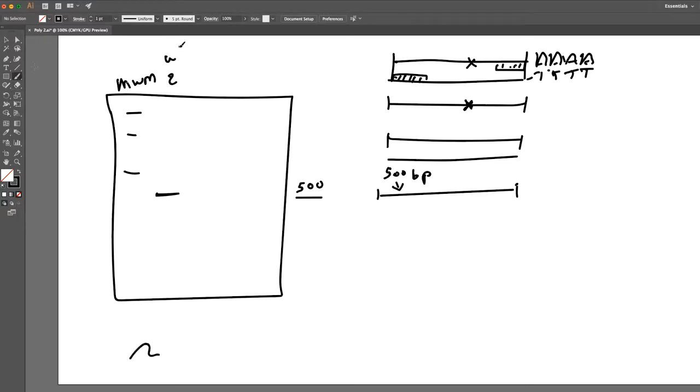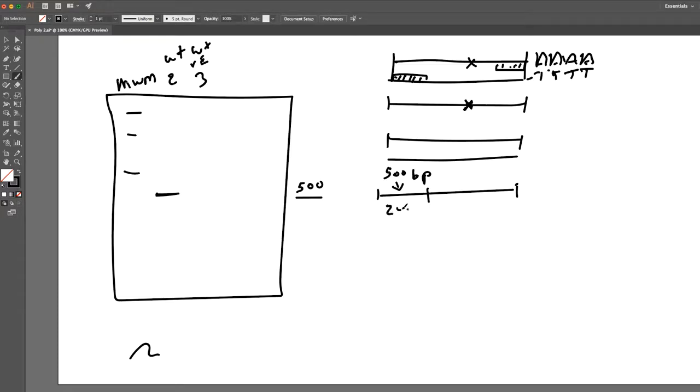This is wild type. Okay. Then in lane 3, they have wild type, but they add the restriction enzyme to digest the DNA. And it turns out that there are some restriction sites within that 500 base pair band because the DNA does actually get cleaved. And when they cleave it, they say that they get a band that's